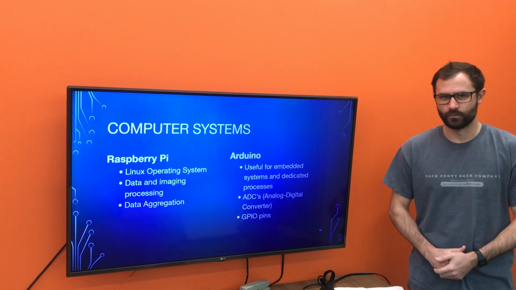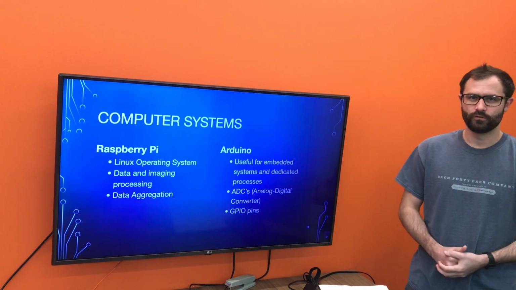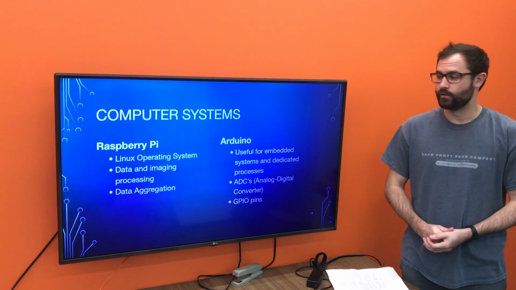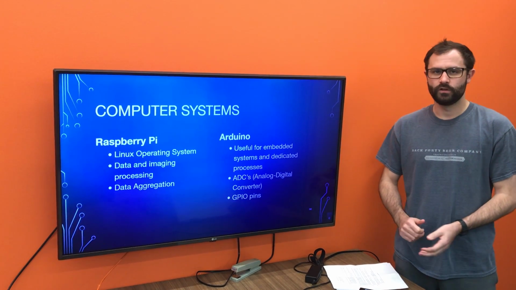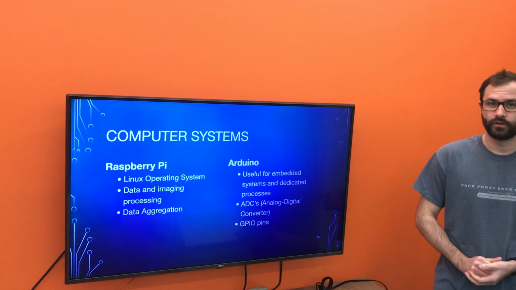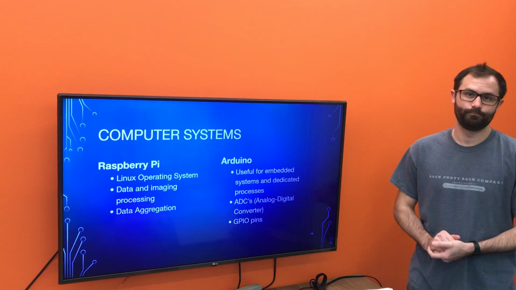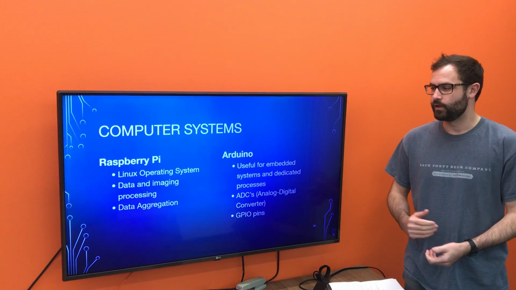So for the computer systems for the module, we've selected two different computers. One, the Raspberry Pi, and the other being Arduino. We'll probably have multiple Arduinos in fact, but we selected each one for varying reasons for what they'd be used for. The Raspberry Pi for its Linux operating system, enabling process threading and forking, multiple processes running, more complicated operations